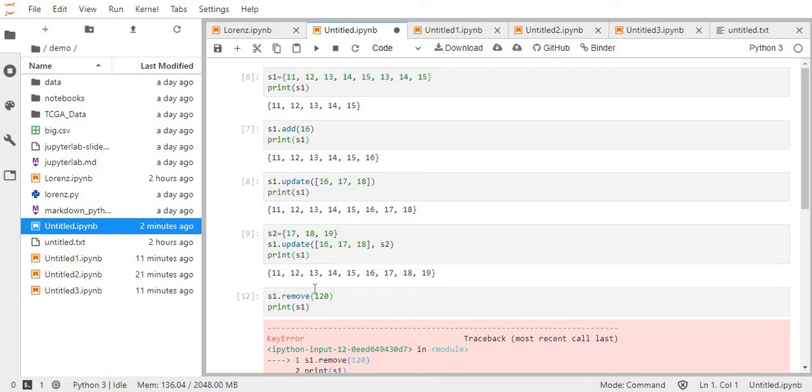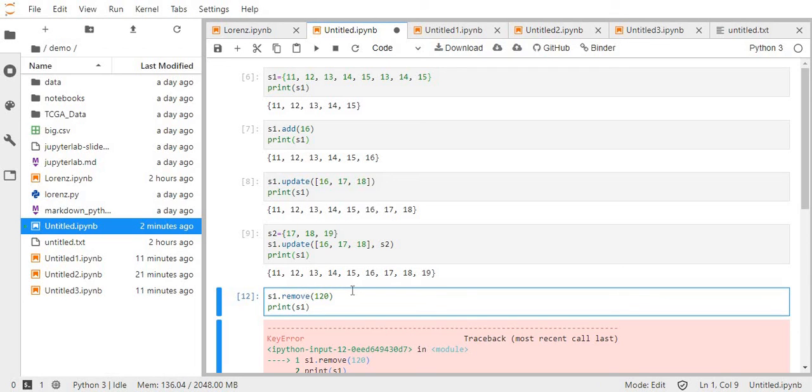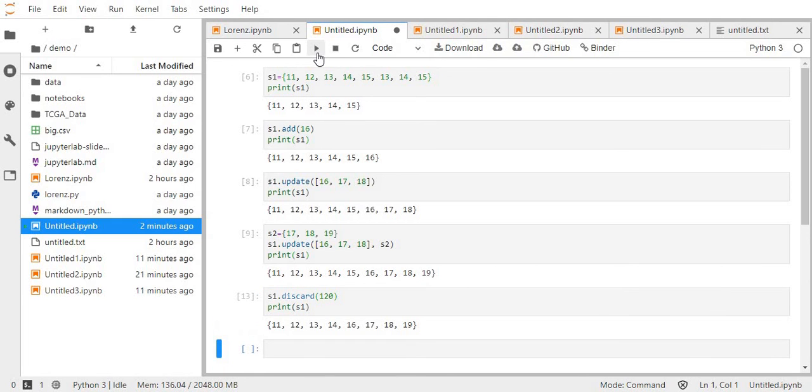It will give us a key error, but if we do the same with the discard method, it won't give any error, rather it will output the set with all the values that already exist. So that's the difference between remove and discard.